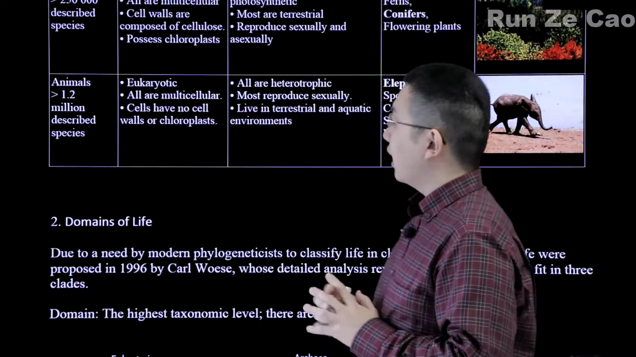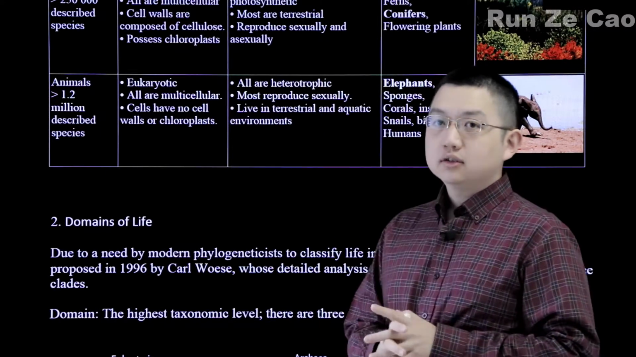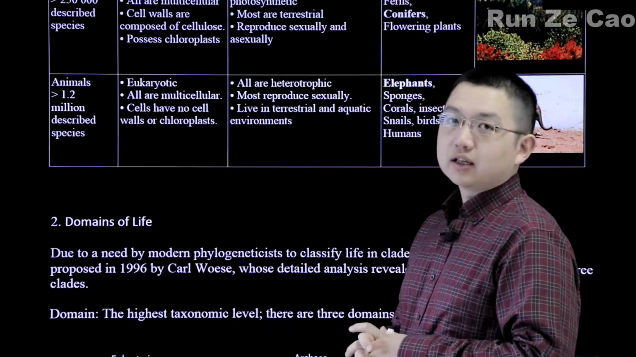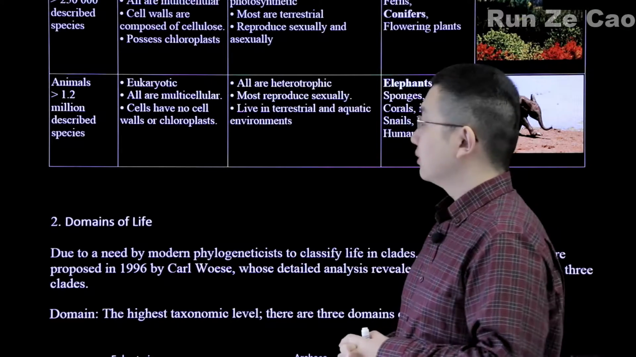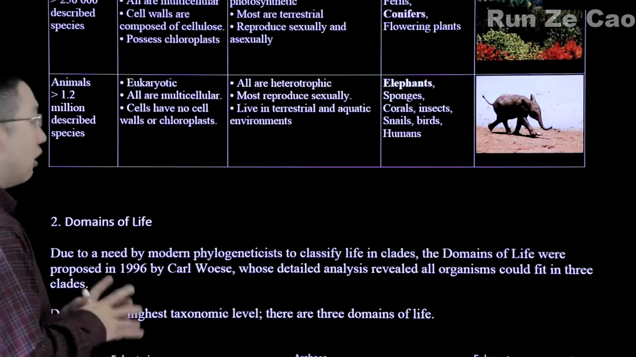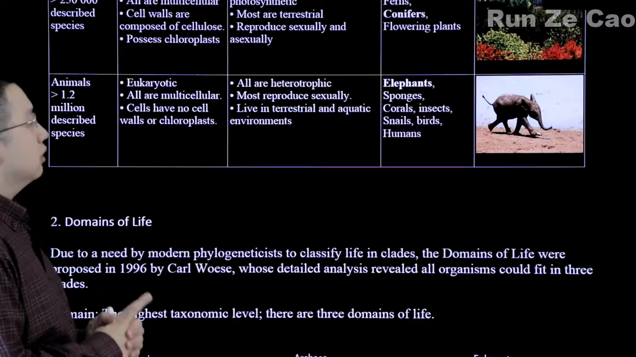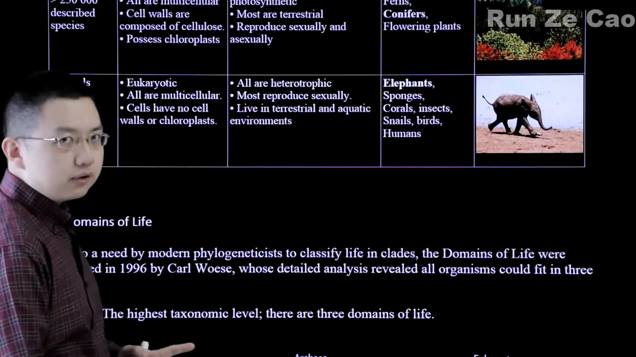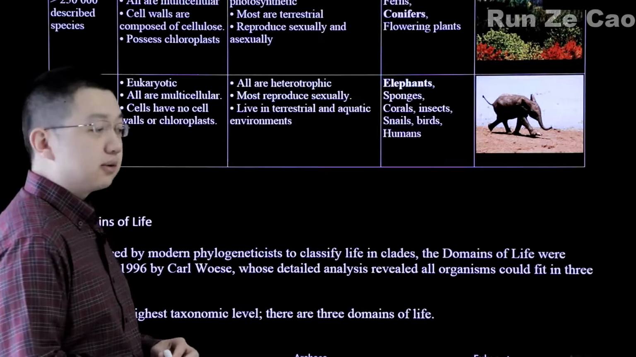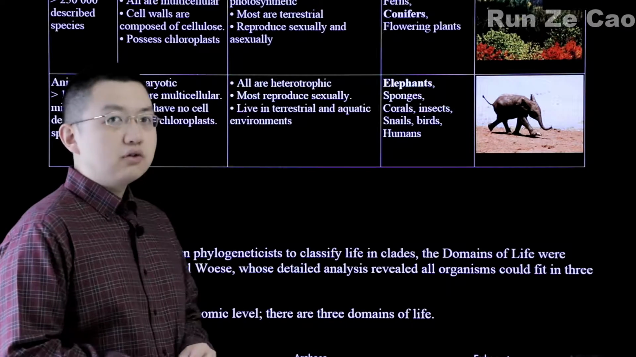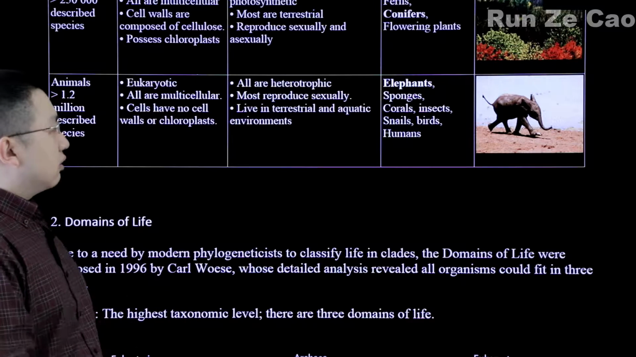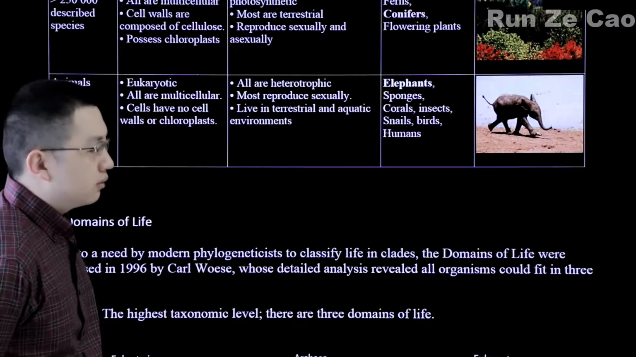So, animals are all eukaryotic, all are multicellular, they move, at least that's why they're called animals. They have no cell walls or chloroplasts. Now, all are heterotrophic. Most will reproduce sexually. There are a few animals, such as bdelloid rotifers, that happen to reproduce asexually. Aphids can reproduce asexually. Now, animals live in terrestrial and aquatic environments,